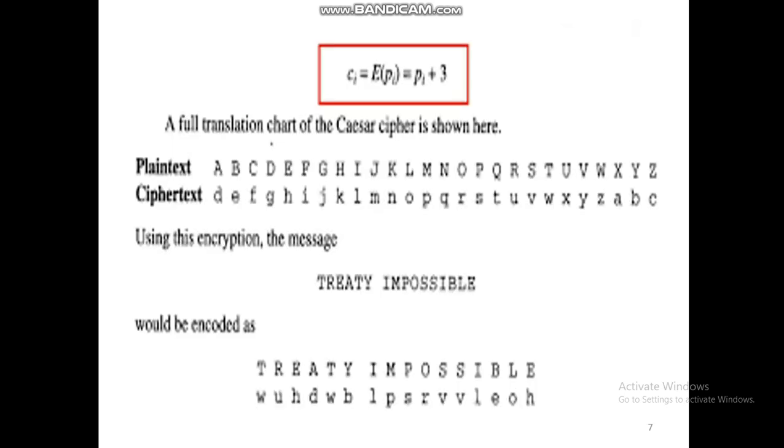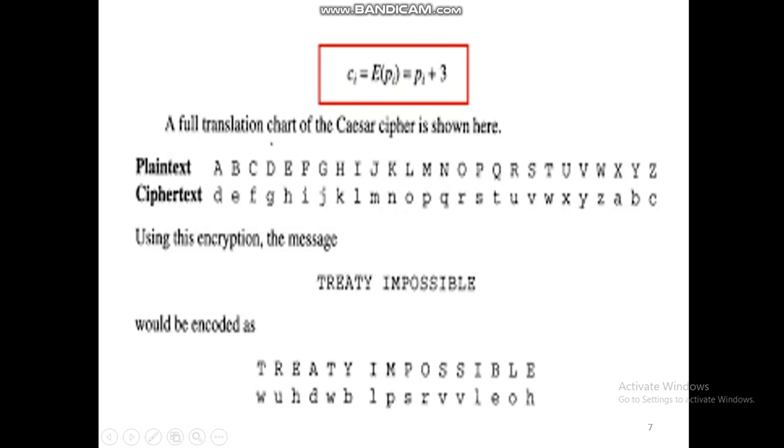Another example of the Caesar cipher: here is a message, treaty impossible, and we have to convert this message into ciphertext. The original message is also called plain text. Plain text is a message which is readable and understandable, but ciphertext is not understandable.